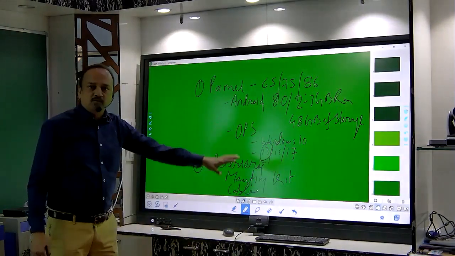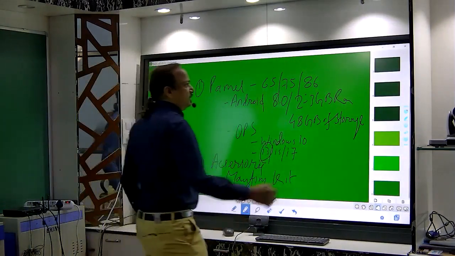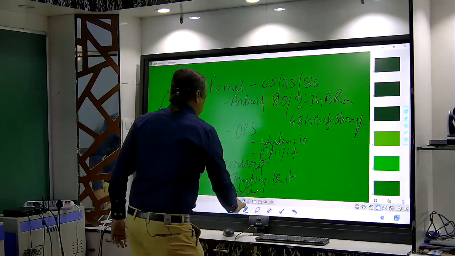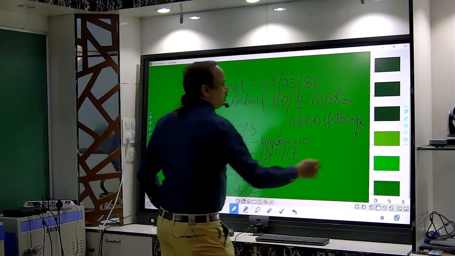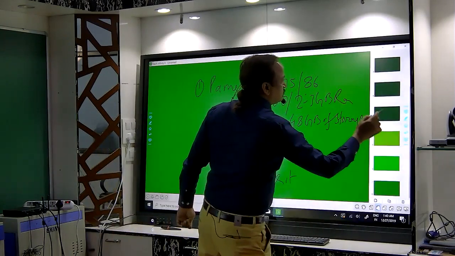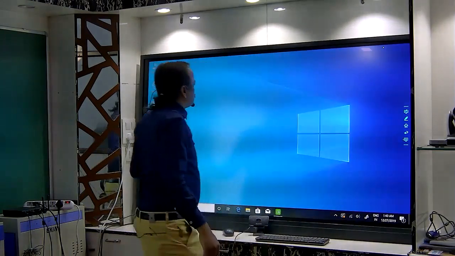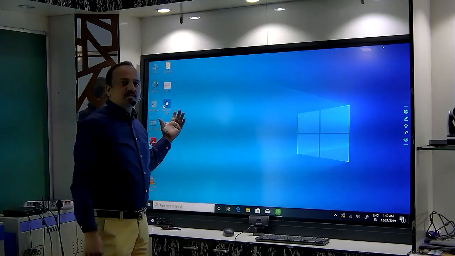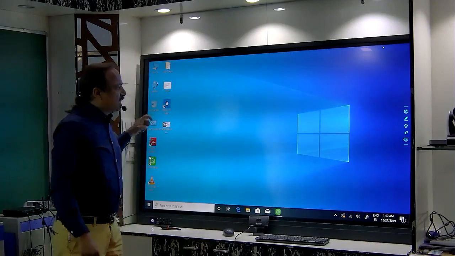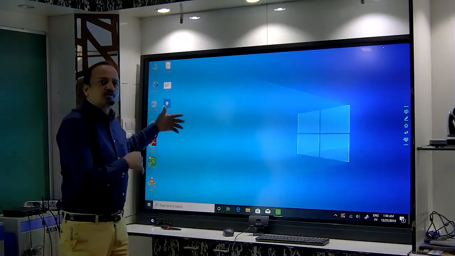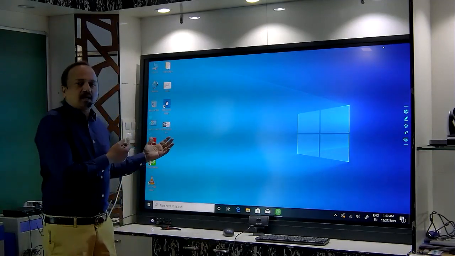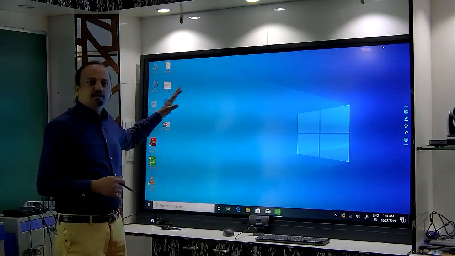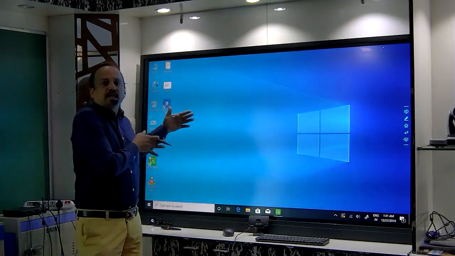This is the PC I am using, or OPS you can say I am using here. Now you can see when I am using OPS, this is a complete computer, or an OPS which is behind this. So you have Windows 10, you can do whatever you normally do inside the classrooms. You have a keyboard and a mouse, you can use this keyboard and mouse and write. So it has everything inside this.